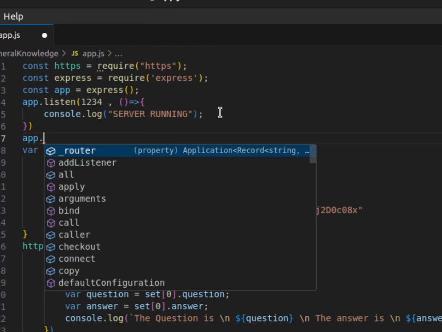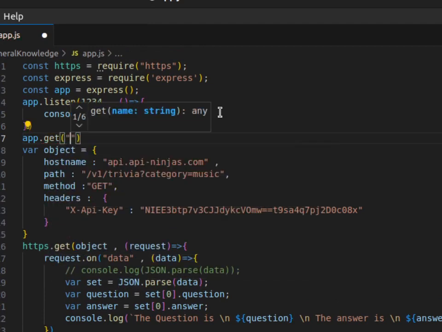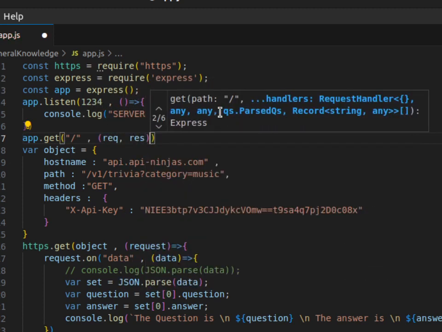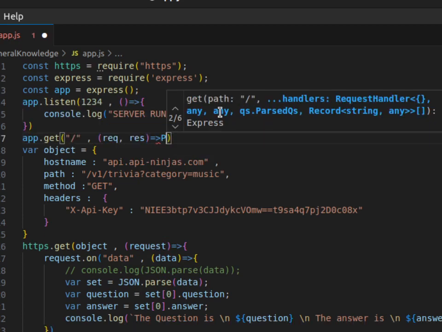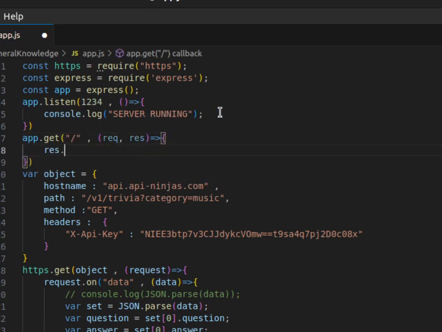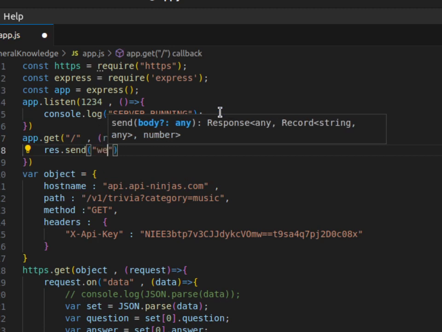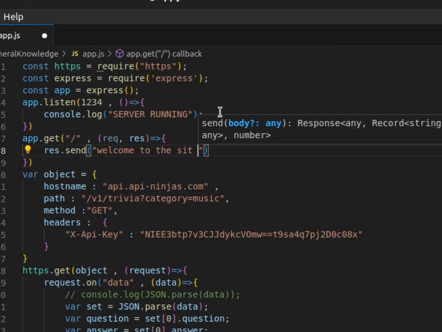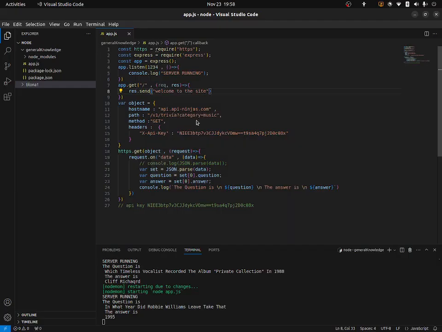Now, any request that I get in the home directory, I will set a request and response. The response that I want to send here is "welcome to the site." Let's just refresh that again. Welcome to the site. Now what I want here is a nice UI, so I'll just copy